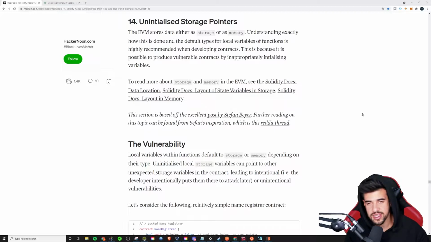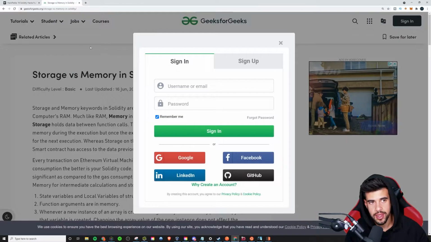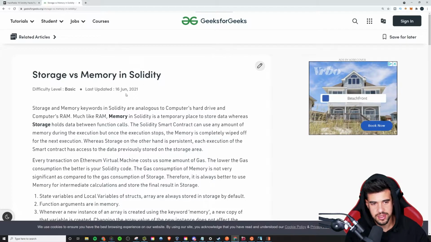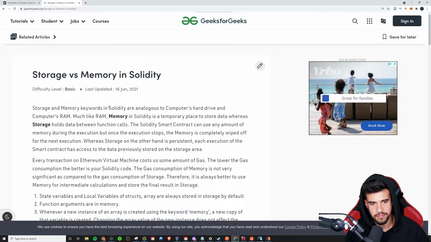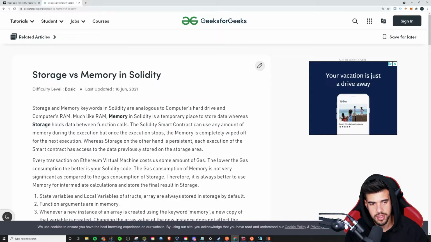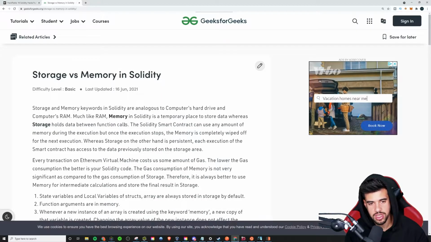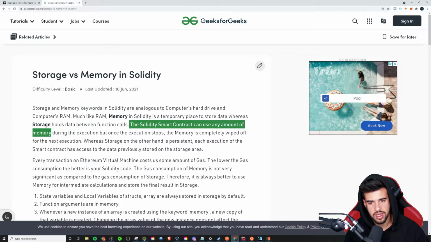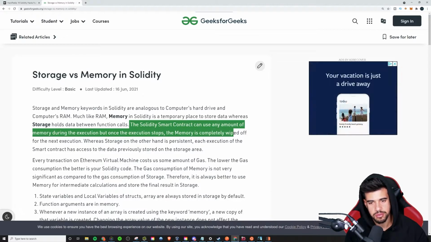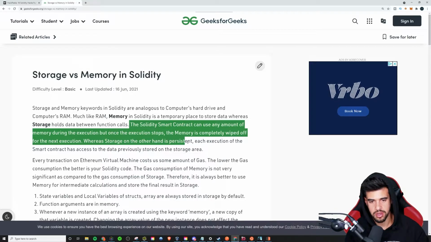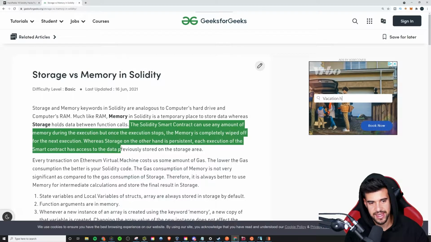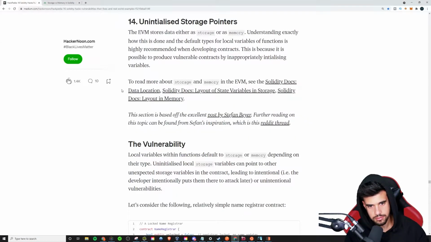The first thing you need to know is the difference between storage and memory when it comes to Solidity. Whenever you store something, a variable or what have you, it will be stored as either storage or memory. I found this article to be pretty helpful in explaining the difference. It can be analogous to your computer's hard drive and RAM. Much like RAM, memory in Solidity is a temporary place to store data, whereas storage holds data between function calls. The Solidity smart contract can use any amount of memory during execution, but once the execution stops, the memory is completely wiped. Storage will persist. Each execution of the smart contract has access to data previously stored in the storage area. Depending on the data type, it will be either in memory